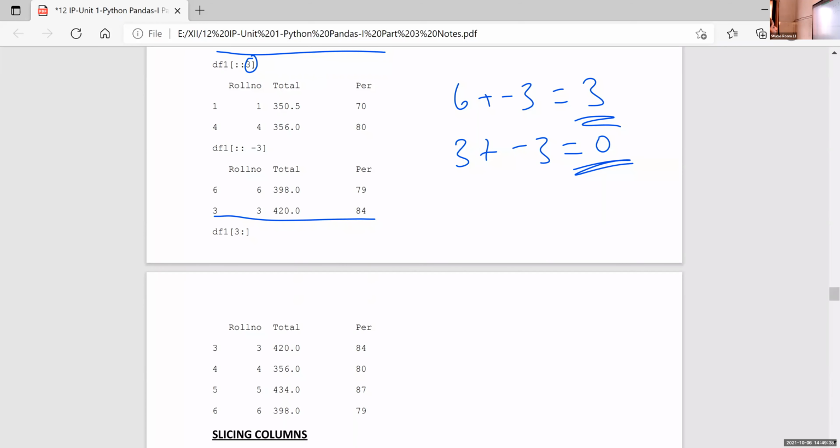So after 3, all the rows are displayed. That is 3:. Starting with 3, there is no stop value, so it will display all the rows.